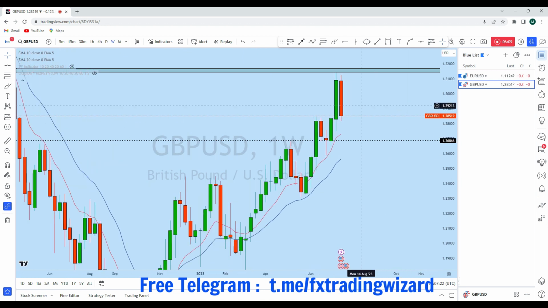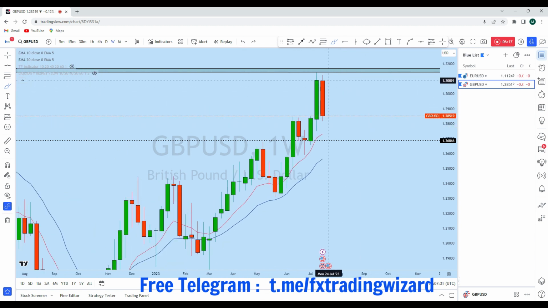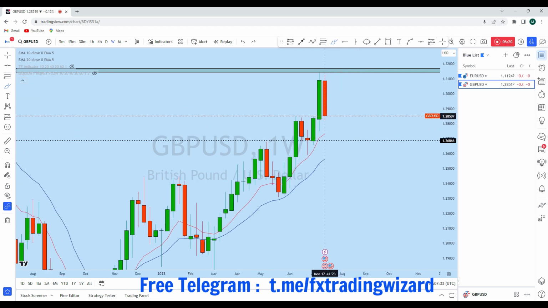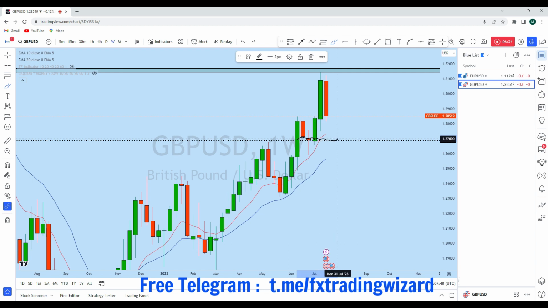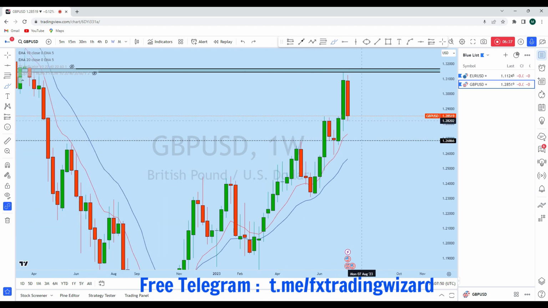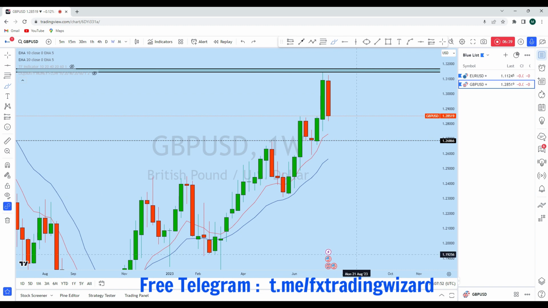If we look at the weekly, this is the weekly candle which is in fact creating a series of lower highs with this weekly resistance level, and it's a full body red candle with a narrow wick at the bottom, and we could see GBPUSD dropping further. I think that this week we might see initially a break of this low and even breaking down further to this liquidity zone where there is a doji, and also this is the monthly support level we are expecting to break